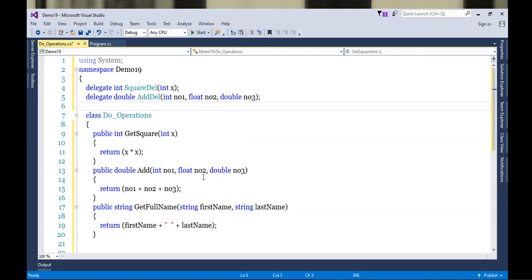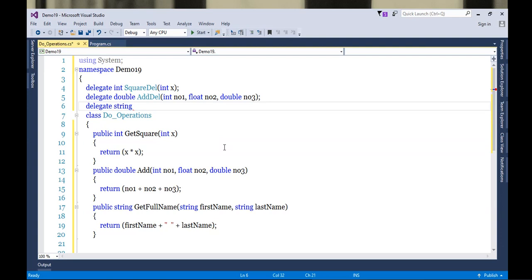Next, we'll go for the third one, GetFullName. For GetFullName, the return type is string, and as a signature it is taking 2 string arguments. So let's prepare a delegate for this. So delegate, return type is string.